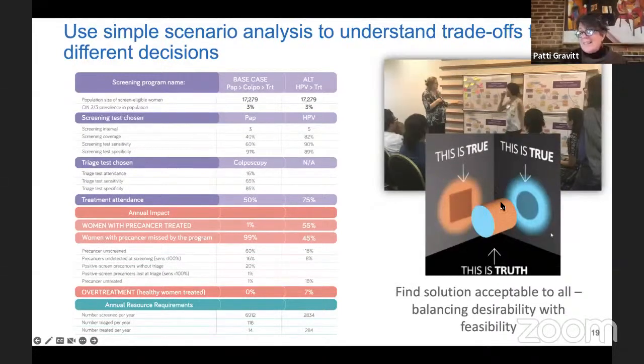And one of the important things here is just acknowledging, and this is what I have found the real power in participatory group model building, is that you can see if this is the truth, right? It's a cylinder which is orange on the outside, blue on the inside. Depending on which perspective you're looking at that same truth, you may have only a very limited interpretation of your system. And so one of the things that this allows us to do is everyone to get on board with the same interpretation of the holistic system,